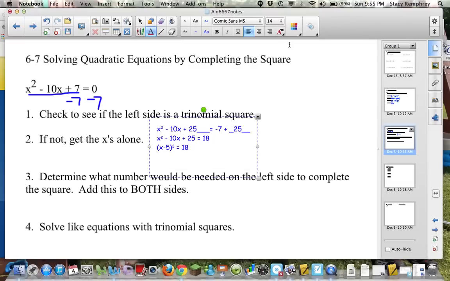Okay, from there I'm going to square root both sides, and I am not exactly sure how to make the square root symbol on a computer. So square root x minus 5 squared equals the square root, oops,